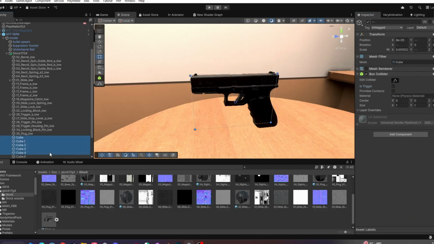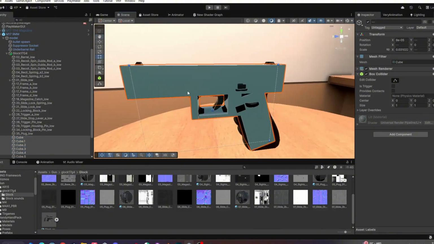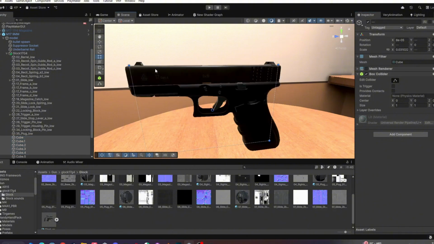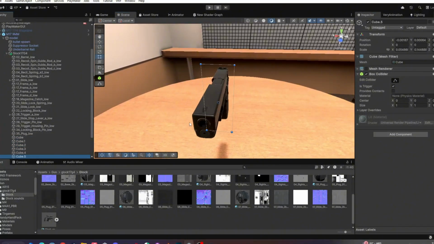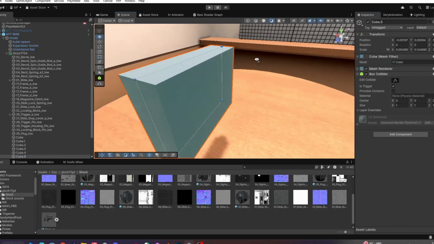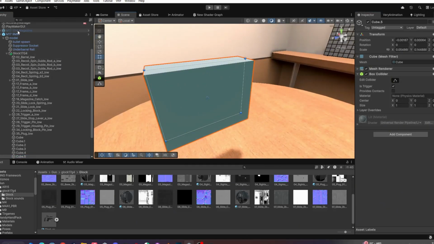I'm going to delete these other cubes because these are different ones. You know what, instead of deleting them, these cubes I have are just a basic outline of the gun. That's basically where the gun is going to collide. So just go resize it however you need. You can do it however you want. And then once you have it blocked out, just turn off the mesh renderer and there's your collider for the gun. And then make sure you have one for the gun to collide, or the player to grab,